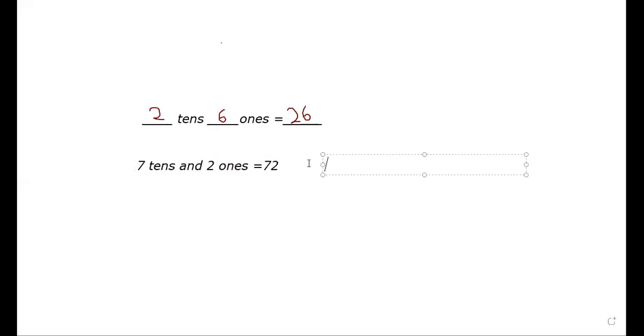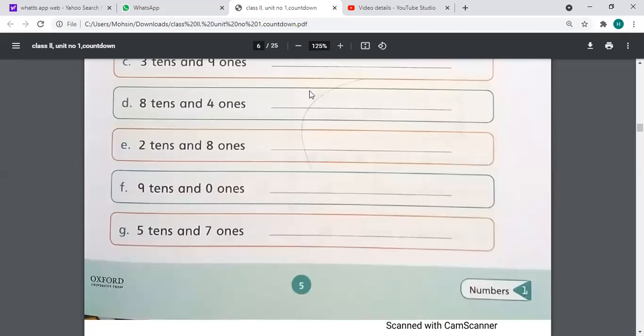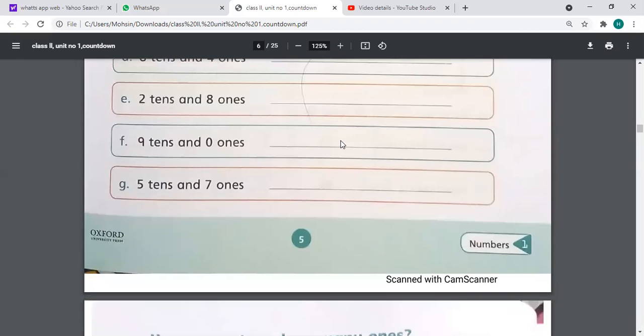So in words, we know we have to write in alphabet, A, B, C, D. Now we know it is 72. Spelling of 70, SEVENTY. Then we are going to write a small dash between it. Then write 2. We can do these parts like this. We have to write them in words.